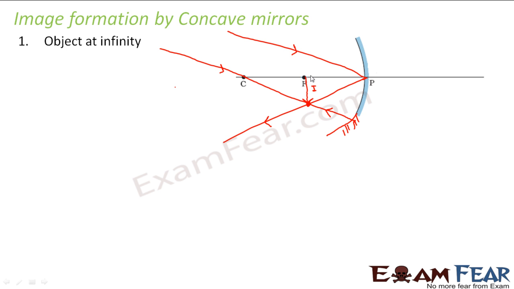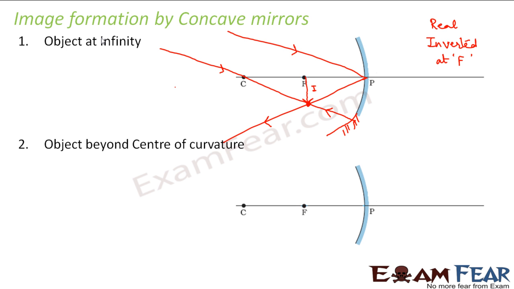So what kind of image is formed? We get a real image because in this case the reflected rays actually meet at this point. So what is the nature of the image? It is a real image. It is an inverted image. So if the image would have been formed like this, it would have been an erect image. But since it is formed the other way around, it is an inverted image. So we got a real image, inverted image, and what is the location of the image? It is formed at the focal length. So that means when the object is at infinity in front of a concave mirror, a real and inverted image will be formed at the principal focus of the concave mirror, right?